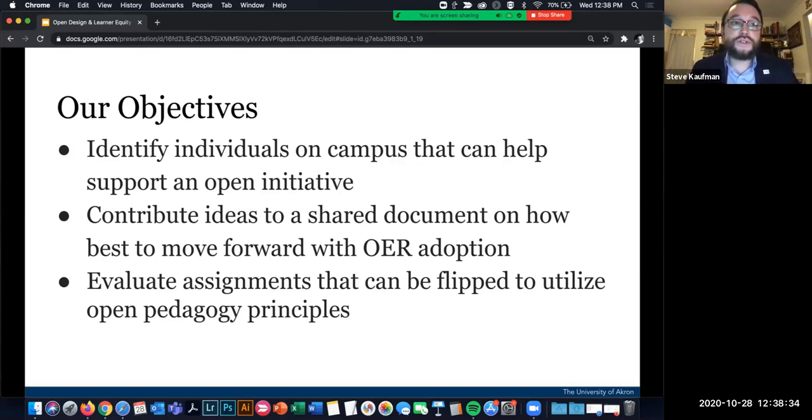If you've got questions in there, certainly I will go in after the fact and answer those questions, if I don't answer them live for you. And then of course, I want you to look at some ideas for how you can take existing assignments that, if you're an instructional designer, you have always recommended to faculty members, with different strategies to push out assignments online. Maybe there's an opportunity there to use some open pedagogy principles. And we're going to dive into what that actually means here in a little bit.